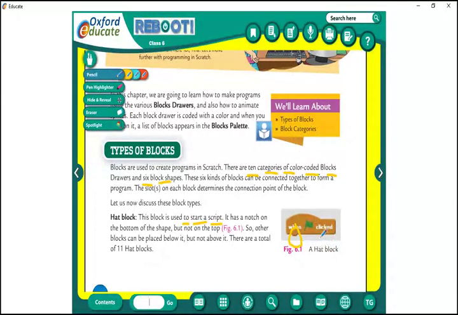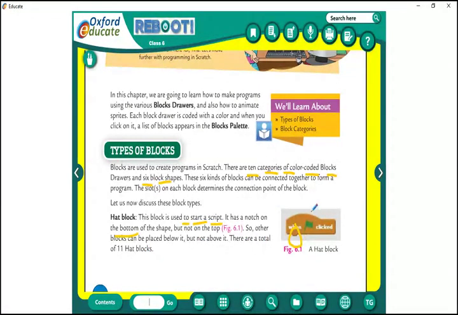So for the hat block, how many notches are there? One notch, on the bottom. But not on the top. See here, is there any notch here? No, this is like a cap shape, not a notch. So other blocks can be placed below it. You can attach downside.